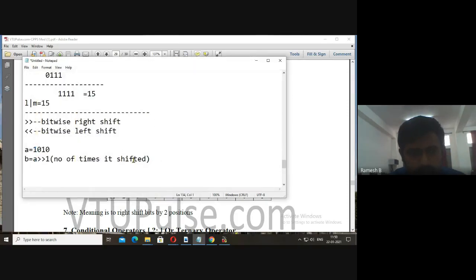You see there, if we move every bit towards the right side, 0 is deleted. The last bit, the least significant bit, is deleted, and 1 will be moved towards the units position.